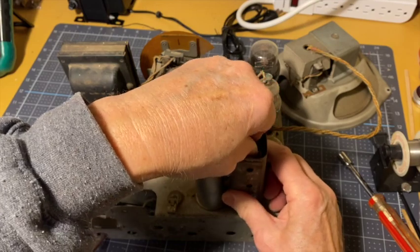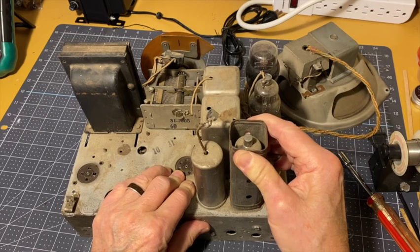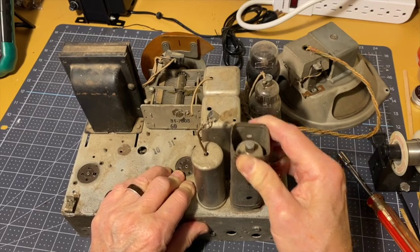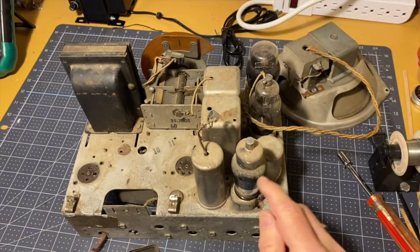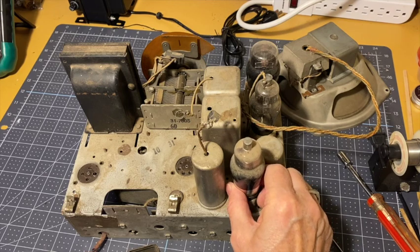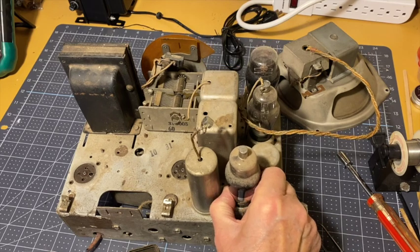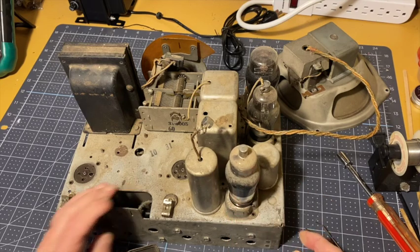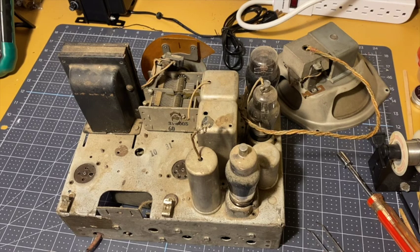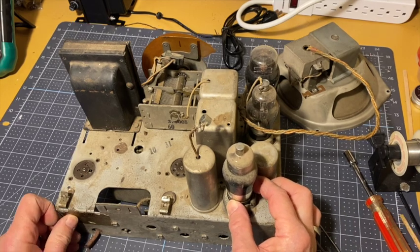I'll take the grid cap wire off. Came right off. The shield should work its way off, which it did. There's a layer of dust in there. This one is loose at its base, so I have to be very careful about getting this guy out. May have to see if I can poke it up through from the bottom. Seems unlikely, but